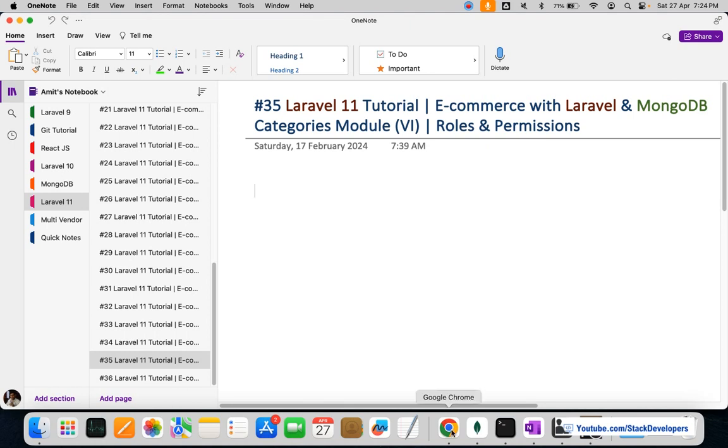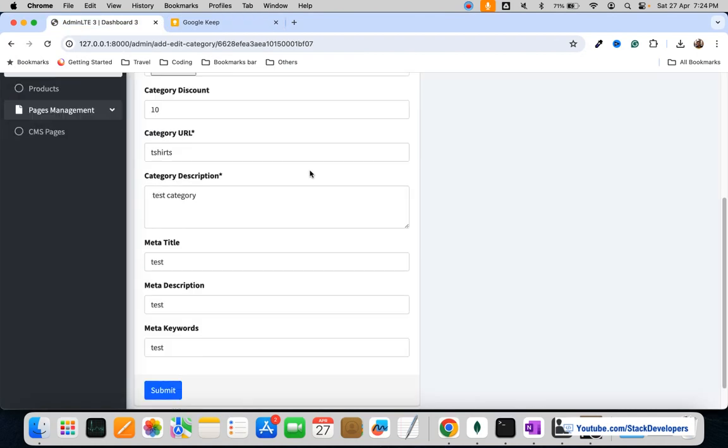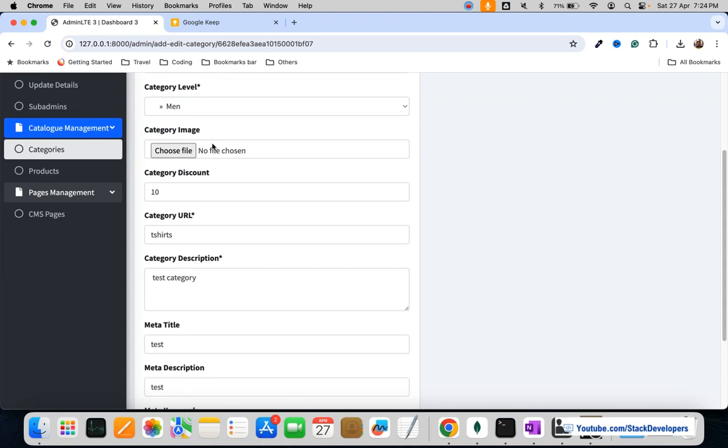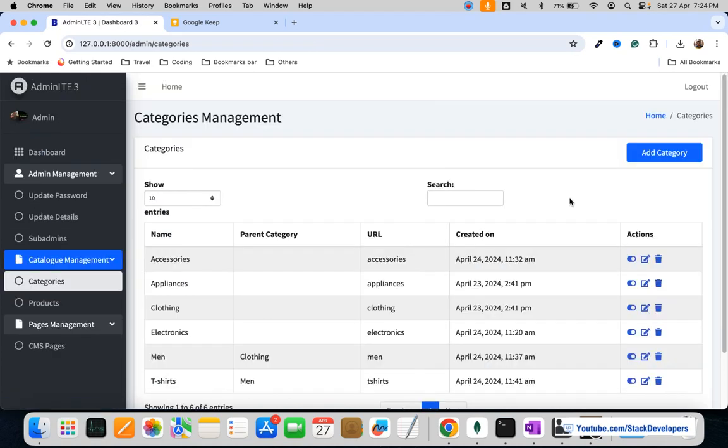In the last video we saw that we were able to work on the edit category functionality, and we were able to work on the category image as well. We were able to show as well as delete the category image, and now we are going to work on the roles and permissions, in which we are going to show those roles and permissions for the categories